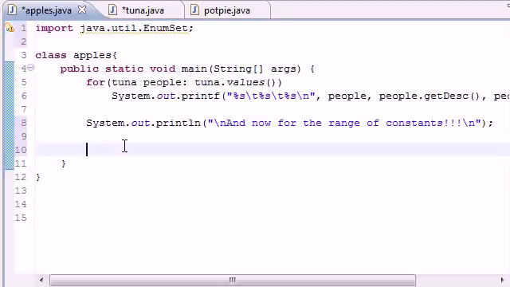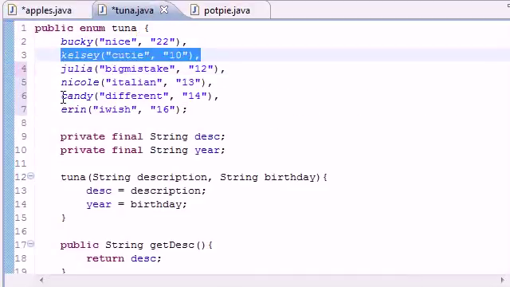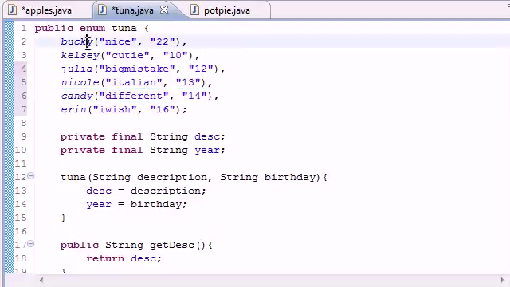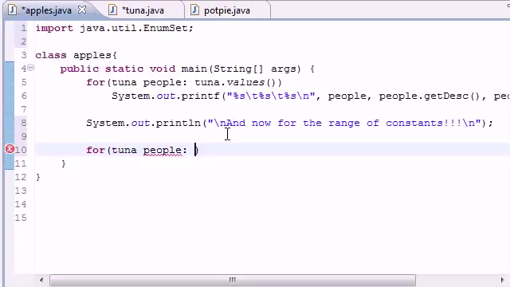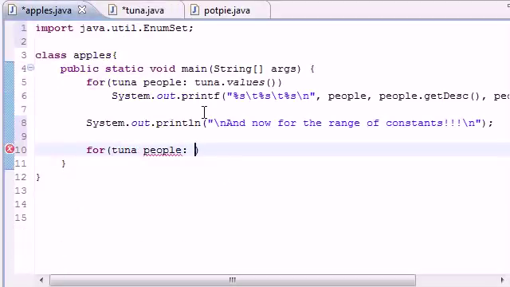Just to see. So let's go ahead and build our enhanced for loop now, just like last time. It's going to take 2 parameters. The first one is what you want to name your things. I'm just going to name them people, what you want to name your objects. Now the second one is that method. We could just plug a regular array in here, but we want to have a range of the array. We want it to start at, let's say, Kelsey, and we want it to end at Candy. We can start and end anywhere. Like I said before, Java automatically gives you an array of constants in the order that you did them in. But in order to get just a specific set out of there, or range, what you need to do is this: